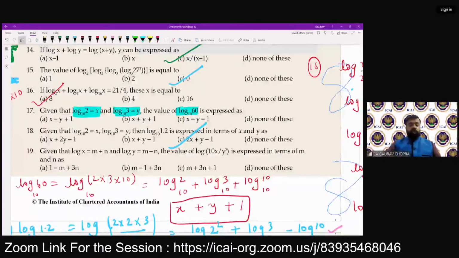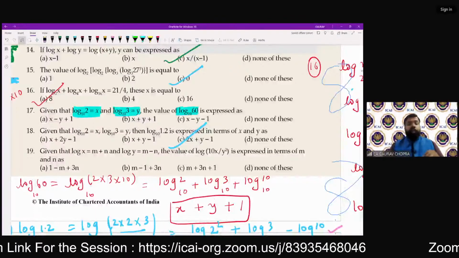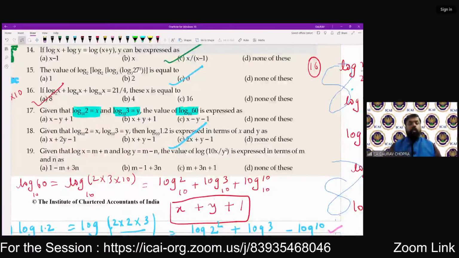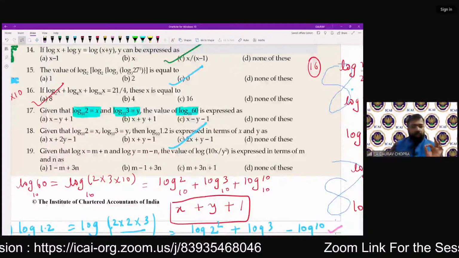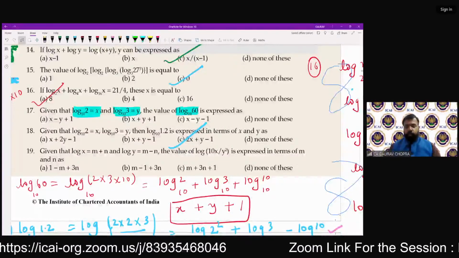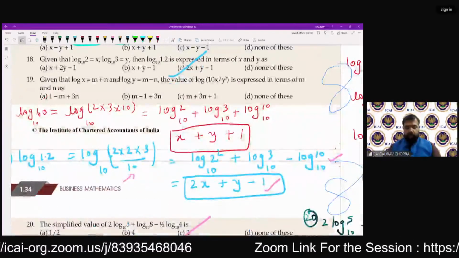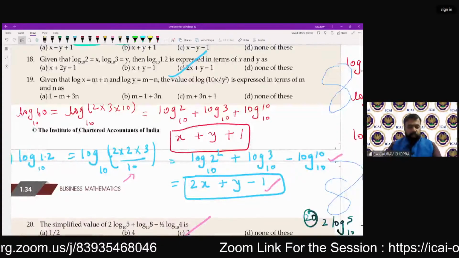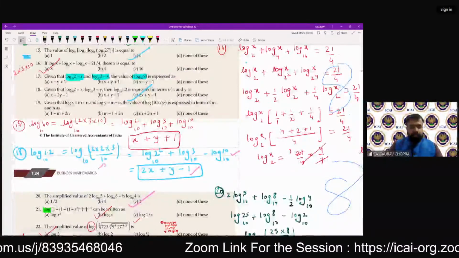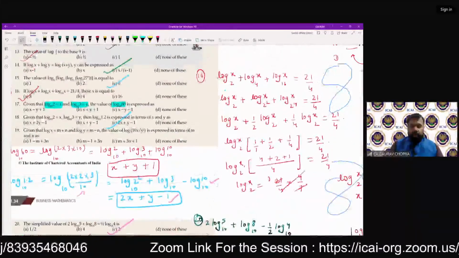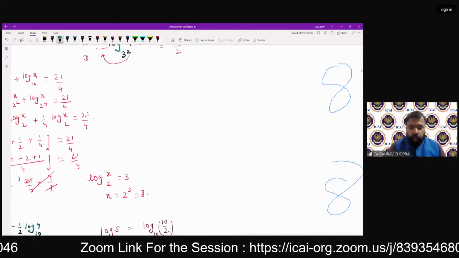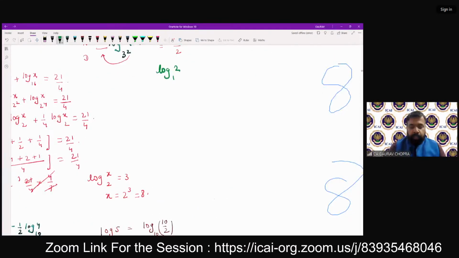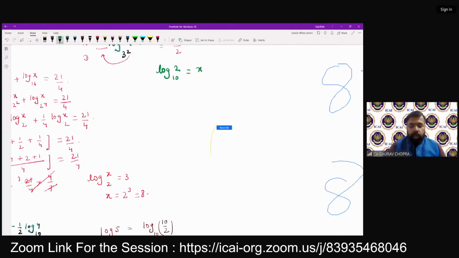It's a very good question और एग्जाम में इस पैटर्न के क्वेश्चन बहुत बार आते हैं और ये क्वेश्चन दिखने में मुश्किल दिखता है बट एक्चुअल में इतना मुश्किल नहीं है अगर आपको उसकी थोड़ी बहुत प्रॉपर्टीज आती है। सो हम इस क्वेश्चन नंबर 17 को समझते हैं एंड स्टार्ट करते हैं। Let's take log 2 base 10 is given as x. Log 2 base 10 is equal to x.